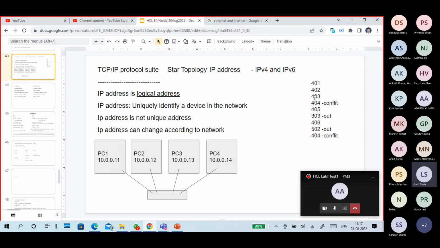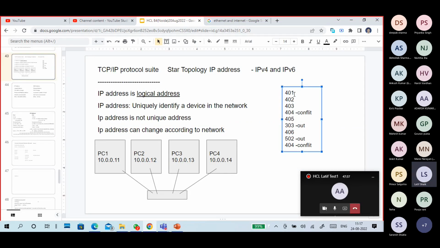So when I talk about logical addressing, I said it is like roll numbers,